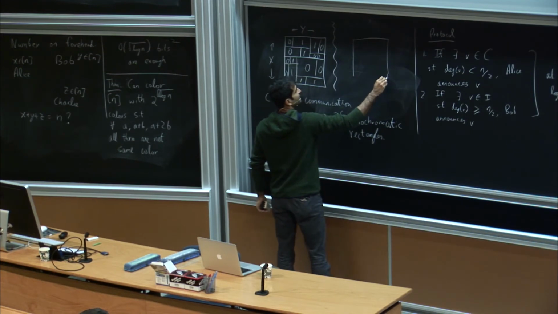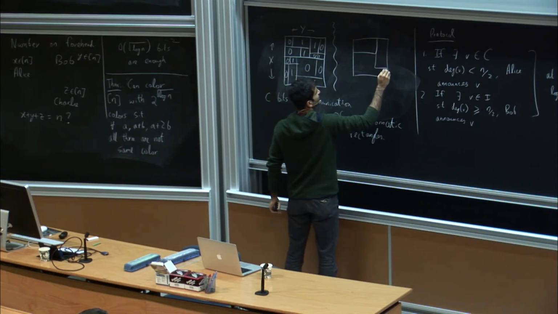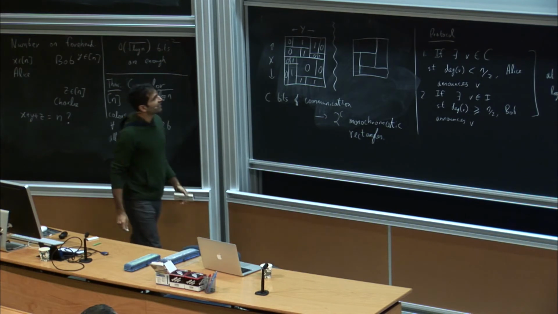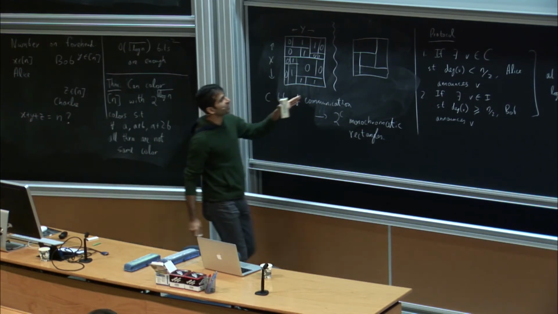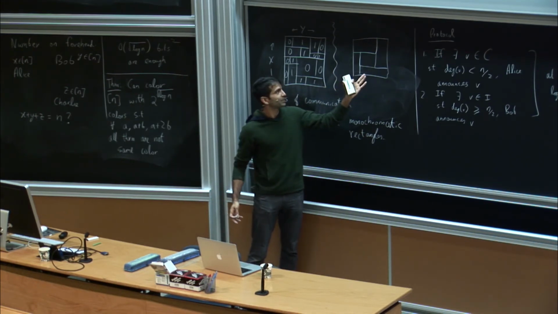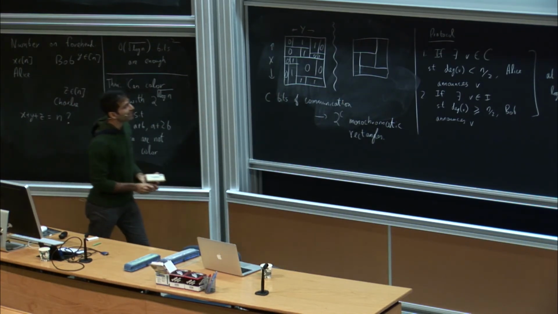So let me partition this matrix into these monochromatic rectangles. Okay, so that's a bunch of monochromatic rectangles. And there's no way a protocol did this, because there's no horizontal or vertical line anywhere. So it's not true that every partition into monochromatic rectangles corresponds to a protocol, because this can't be generated by a protocol. Okay, nevertheless, what you can prove,